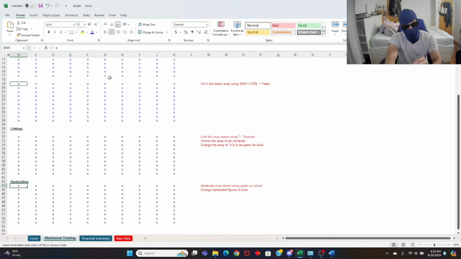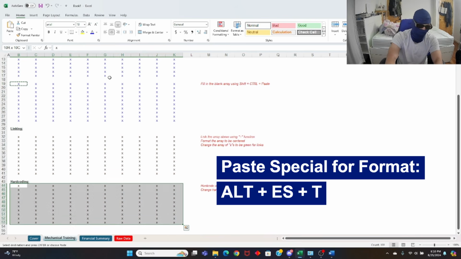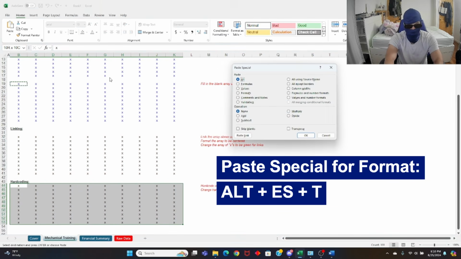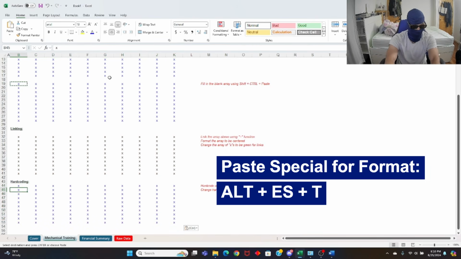You come down here and do Alt ES, very quickly, paste special, T for format. You're going to paste the format because format is inclusive of everything, including whether your cell is aligned left, center, or right. It also includes the font and the colors. So enter. Now it's blue.